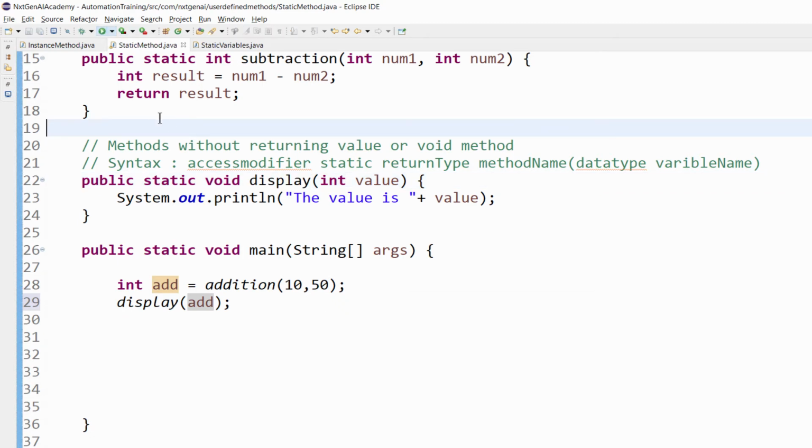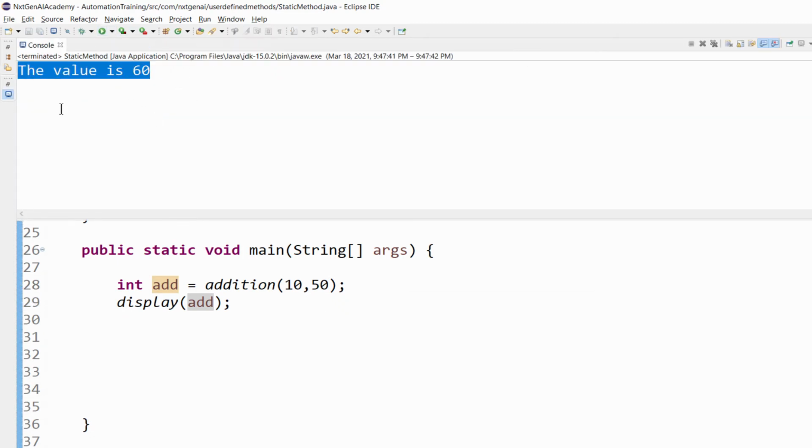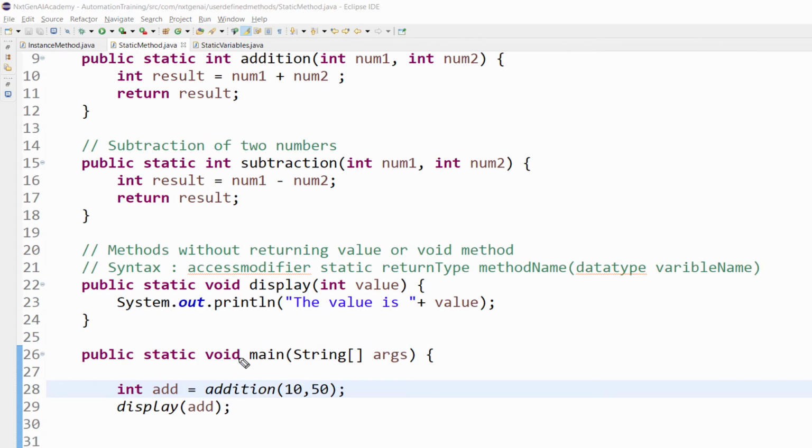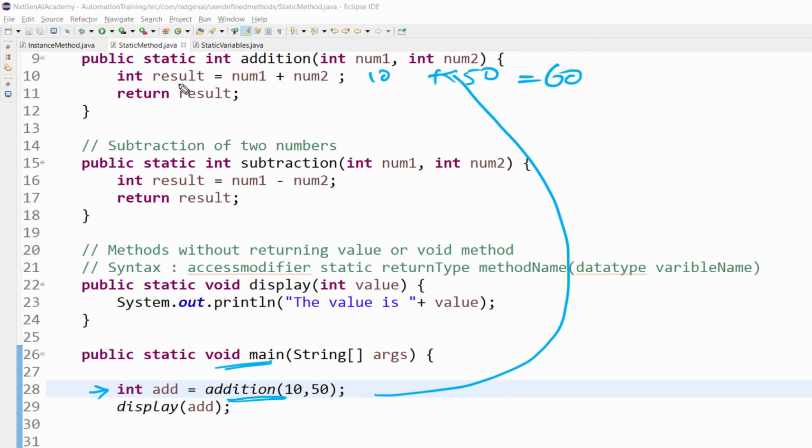If we execute this, the value is 60. It means 10 plus 50 equals 60. So when we execute this program, it will start from the main method, then it will come here and execute addition. The flow will go here and num1 will be replaced by 10 and num2 by 50, then it will do the addition. The output will be 60.